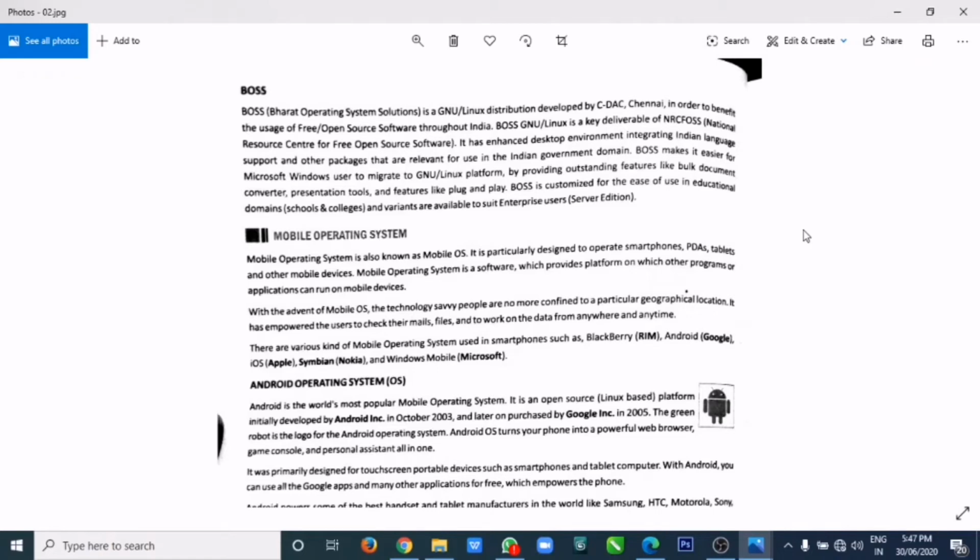This BOSS Linux consists of the Linux operating system, an office application software suite like Bharatiya OO, meaning Open Office, and internet access software. Here I want to tell you that Open Office is mainly for Linux, as MS Office is for Microsoft. So Open Office comes with the Linux operating system.